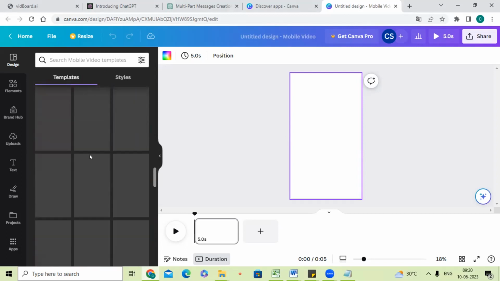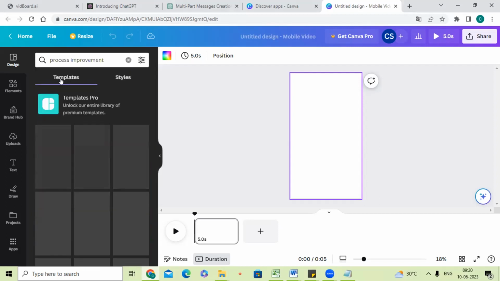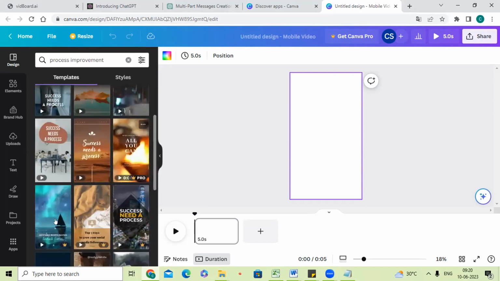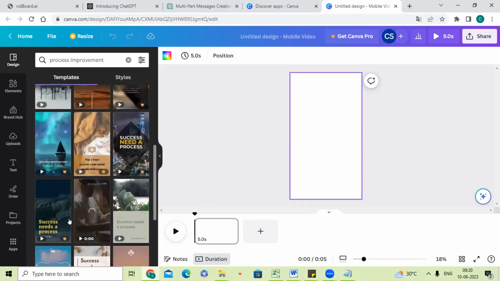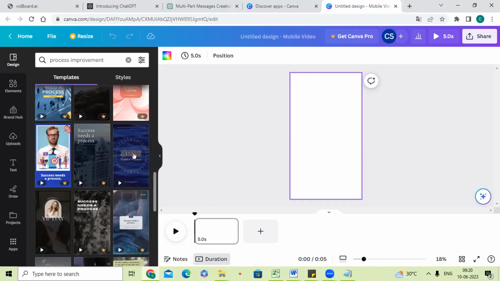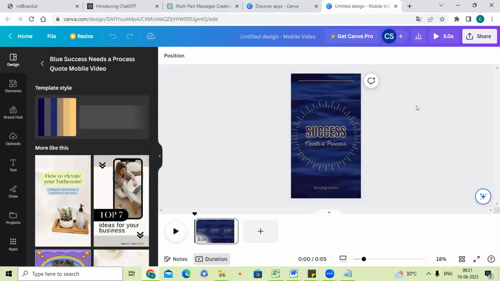So, for process excellence, I selected the theme like process improvement. Now see, there are many that don't have that crown. You can pick up any of those. Even when I selected randomly, I ended up selecting that. If you pick up a crown one, it will tell you to sign up. If it is not a crown one, then you can use it. Okay. Got it.